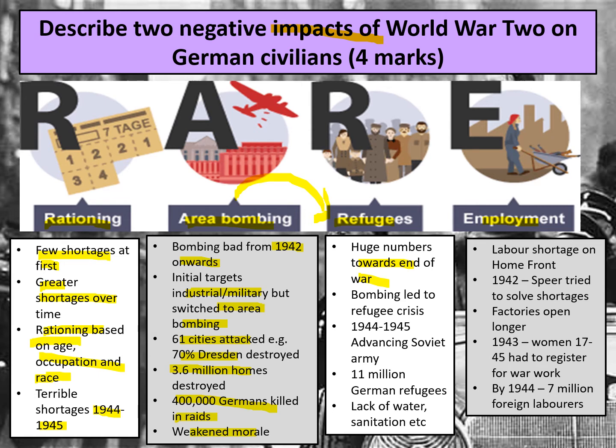You know, we've already seen that 1944 to 1945 was a key time that was really bad for the Germans. It was really bad in terms of bombings, but it was also really bad for the refugee crisis. Now, by January 1945, the Soviet army, the army of the USSR, had basically advanced into German territory, and that meant